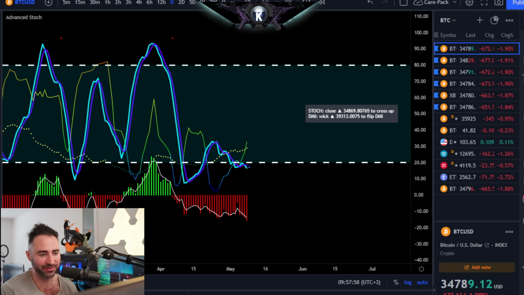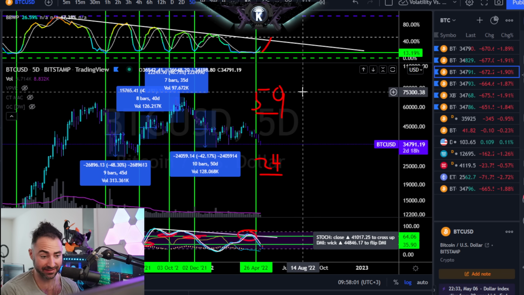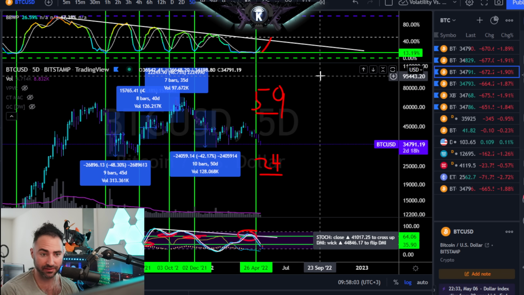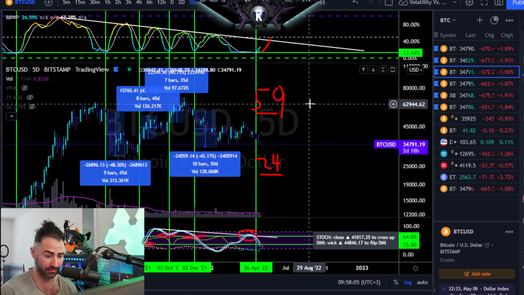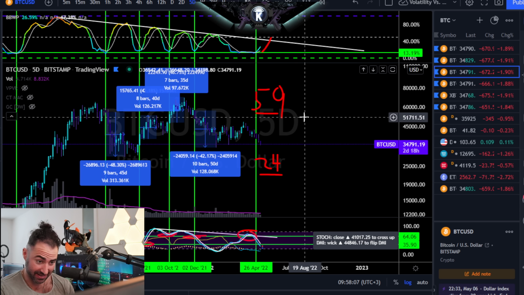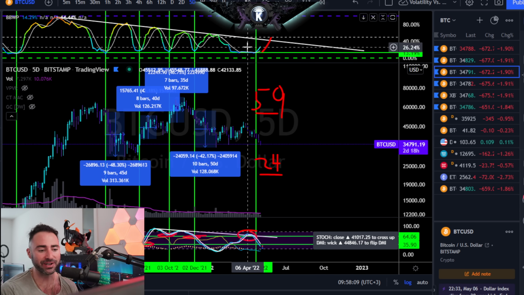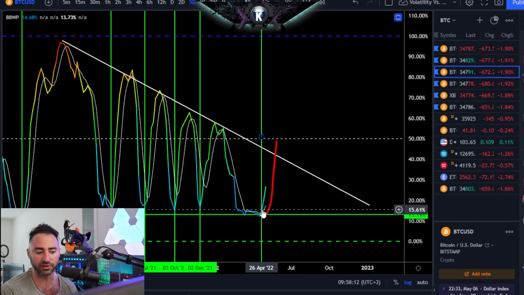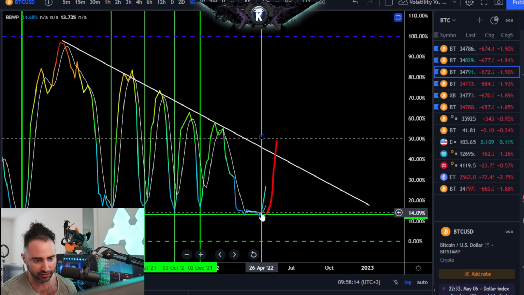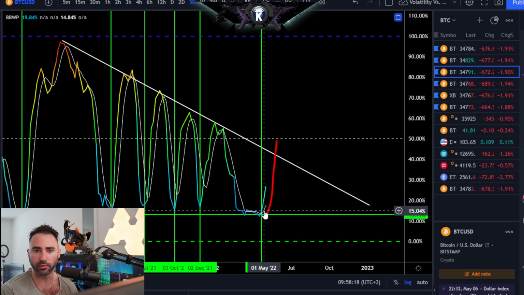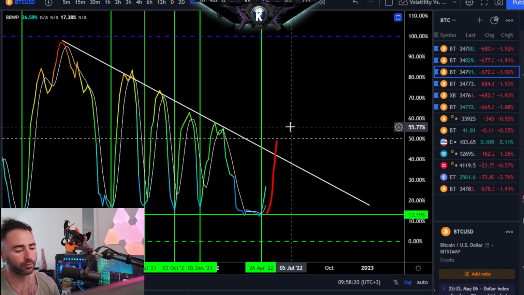I'm going to bring up everyone's favorite chart right here. It's certainly my favorite chart, and it is this, the 5-day BBWP versus momentum, or stochastic momentum, I should say. And it's never gone away. We got our first signal that this one was going to play out earlier this week. Or sorry, I guess it kind of started the last week of April and then was fully confirmed earlier this past week, actually.